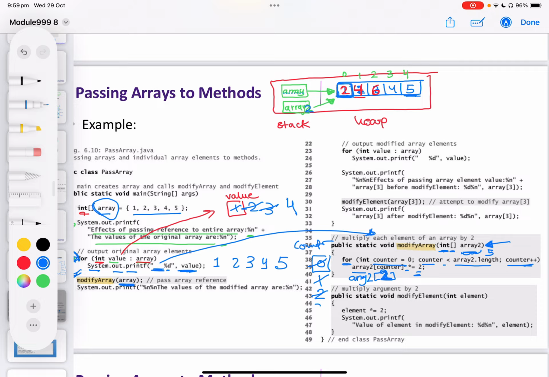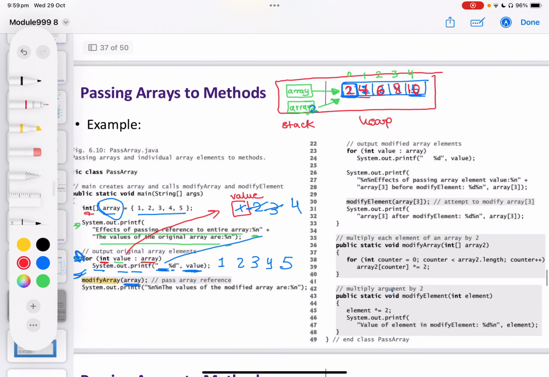Again, counter is now 3. Go to array2 of 3 and change the element inside. 4 by 2 is 8. Again, counter is 4. The element inside is 5, 5 times 2 is 10, so 10. And now the counter is 5. 5 is not less than 5, so the for loop will end. Since the for loop ends over here, I don't need to stay here anymore, so I'm going to go back all the way over here